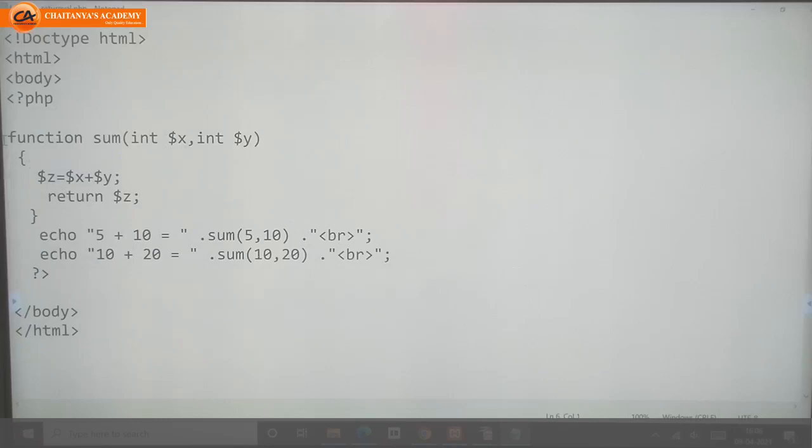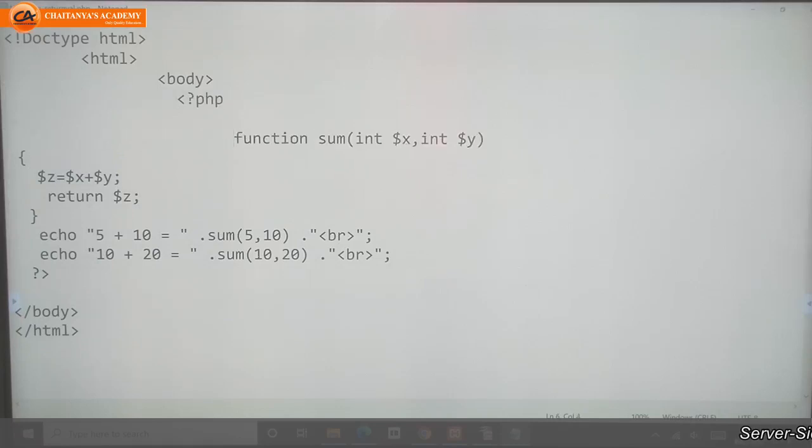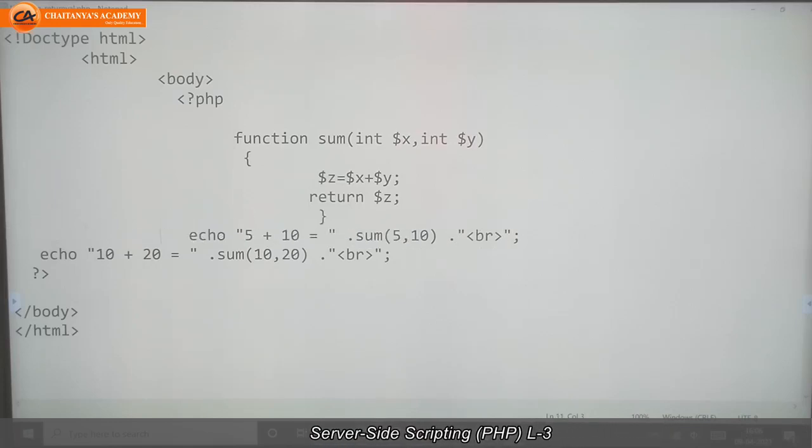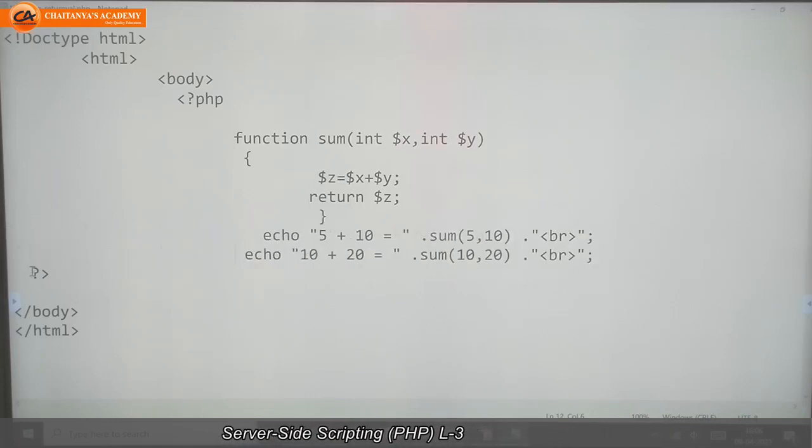See here, one simple function. Which function is that? Function sum. Inside the brackets I am passing two arguments, integer x and integer y. Next, in curly brackets, I am writing some lines of code.